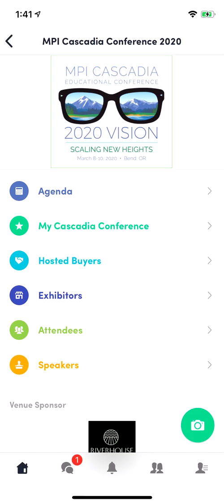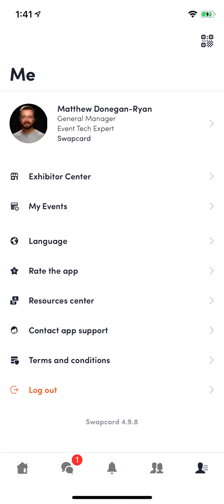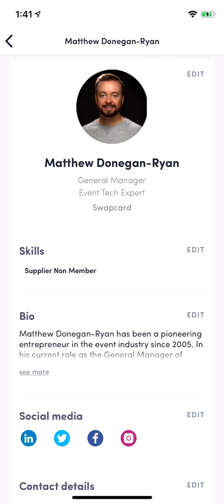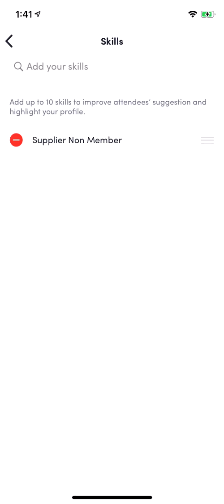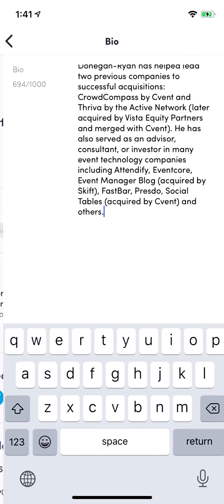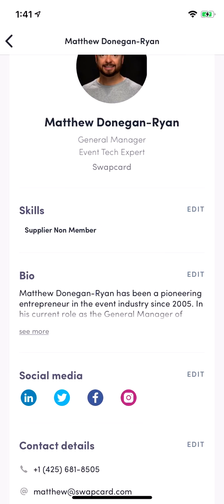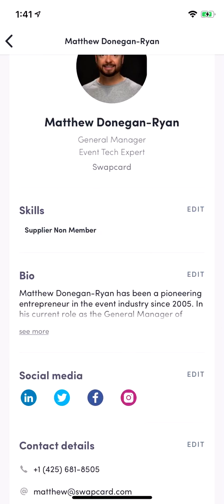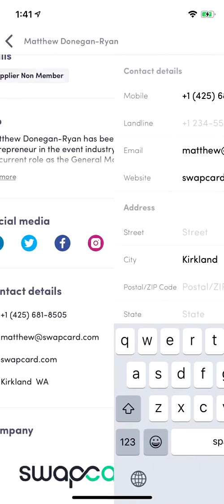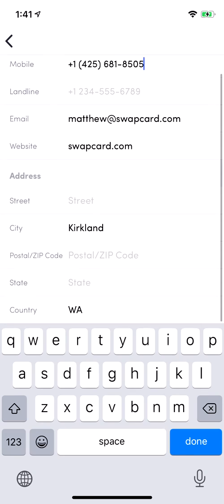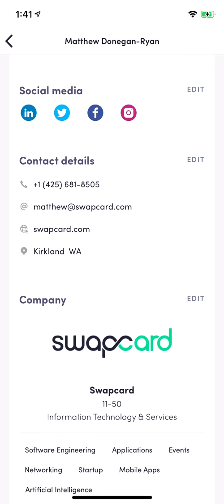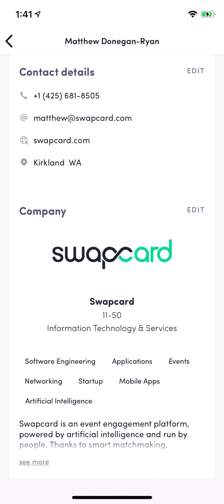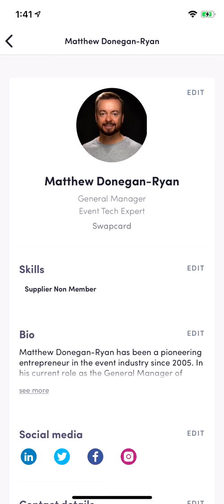Down in the very bottom right, you'll see there's a little person icon. If I tap on that, this is how I can control all of my information in the app. So if I tap on my profile, I can add a picture to my profile. I can edit my skills. I can edit my biography that shows up in the app. I can add any social media links that I'd like, so other attendees can find me on social media. I can edit my contact details, so this is what other attendees will see if they connect with me at the event. And then I can also, if I'm an exhibitor, I can connect myself to my company listing within